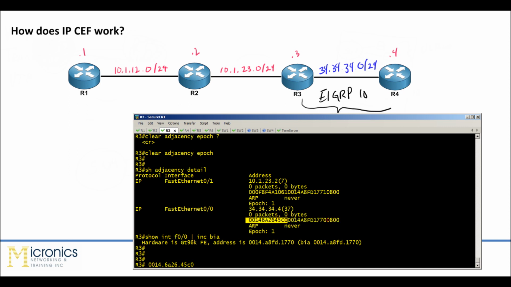Now the next question is, well, what are these 4 digits here? Well, remember, 0800 is going to be our ether type for IP traffic, for Ethernet. So what we've seen here is that in the adjacency table we have all the information that we need to be able to perform encapsulation. So between the creation of the forwarding information table and the adjacency table, we have everything we need to have